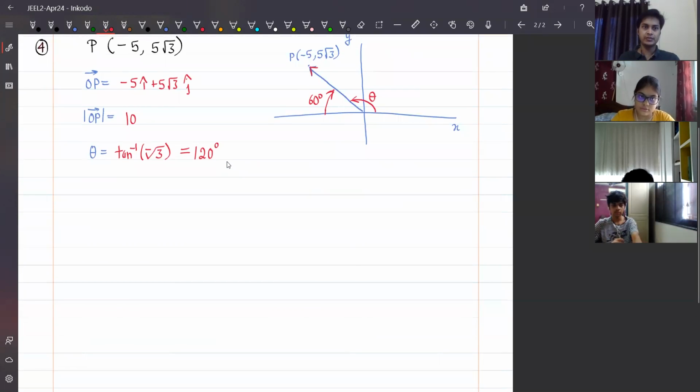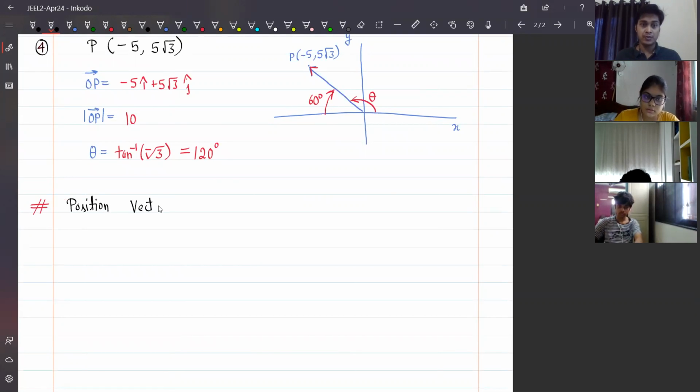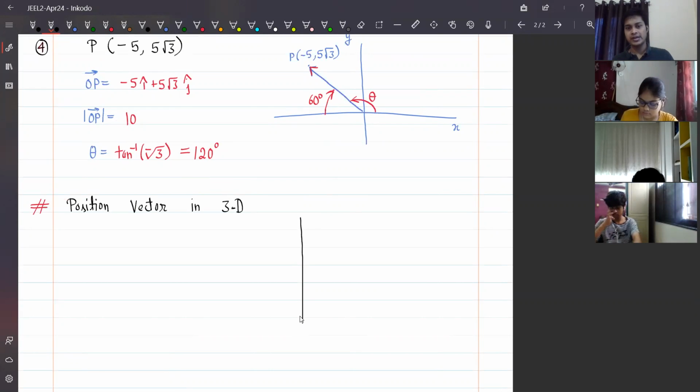So this is how we mention position vector for 2 dimensions. For 3 dimensions, we'll just modify our formulas. So, position vector in 3 dimensions. And here you have to be a little imaginative. In 3 dimensions, along with the xy coordinates, we have the z coordinate. Once you bring in the z coordinate, you don't need any other coordinates, unless you're studying relativity, which we will not be studying here. So we have the x coordinate, the y coordinate, and the z coordinate.